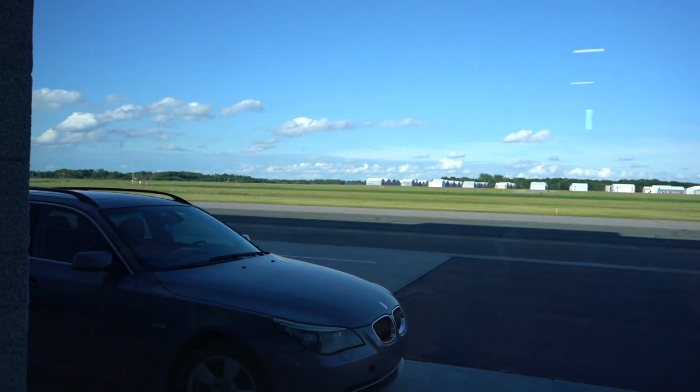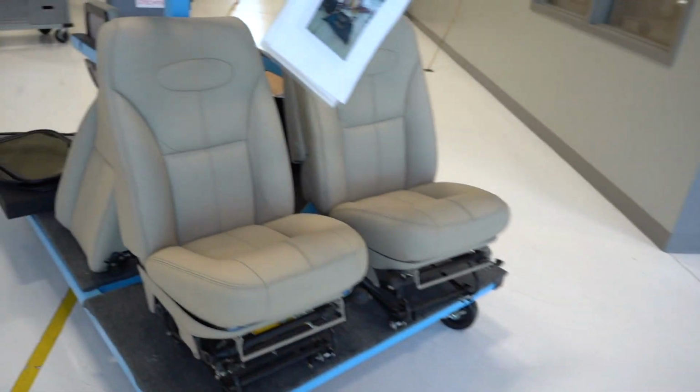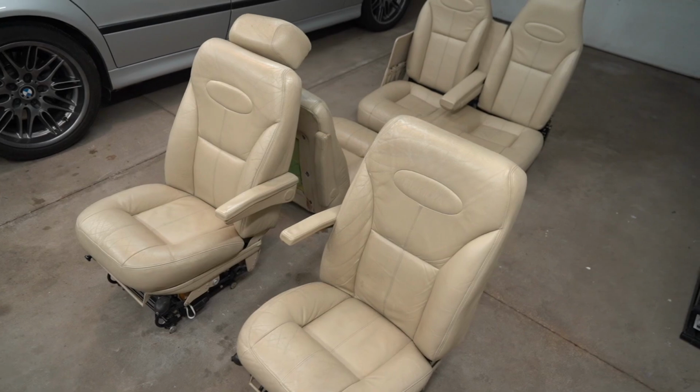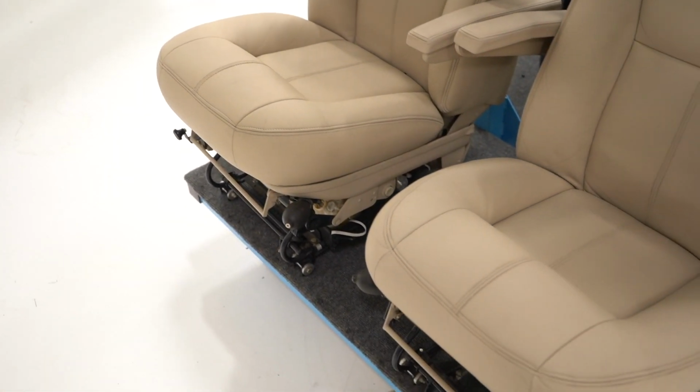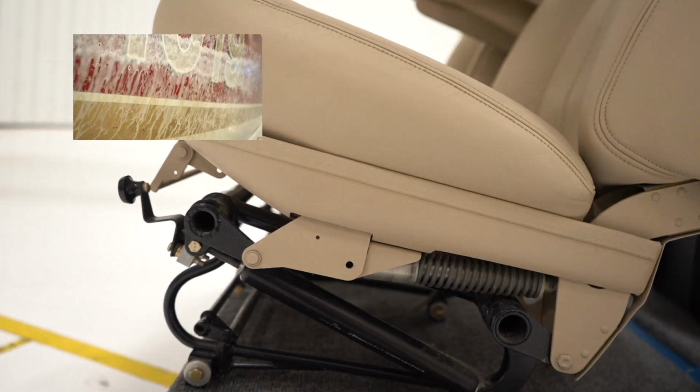Once everything had time to dry, I packed it all up and drove it back up to Minneapolis, where Malibu Aerospace can reinstall this. So you can see what a big difference that made. It really freshened up the interior of this Meridian, and it was certainly a lot cheaper and faster than getting this reupholstered. While I was up there, I also did a paint correction and ceramic coating on this plane,